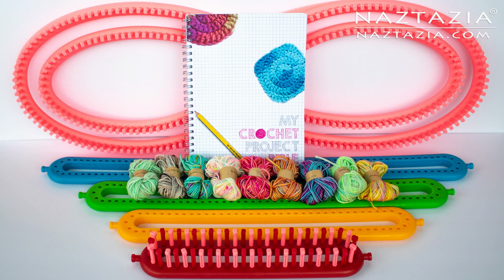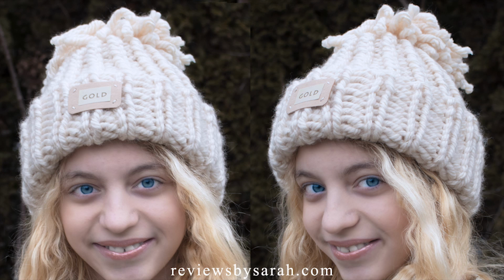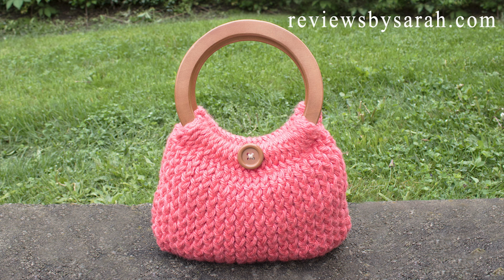Today, I'm going to show you some new and exciting products for knitters and crocheters. The first is this round loom knit set. You can use round knitting looms to make hats and handbags, like you may have seen on my daughter Sarah's